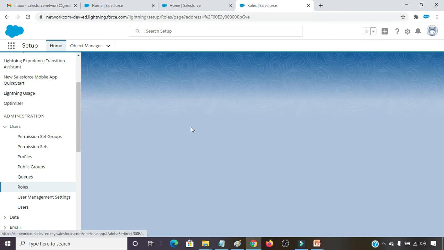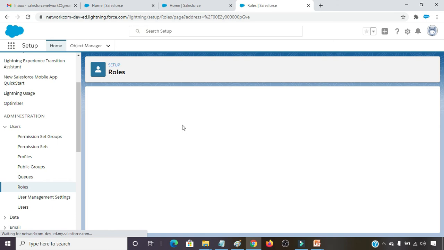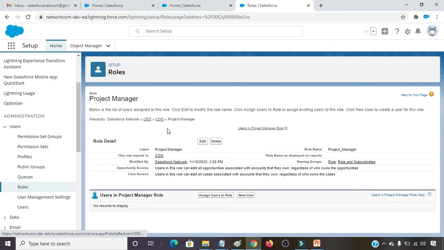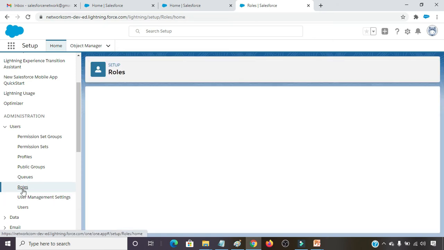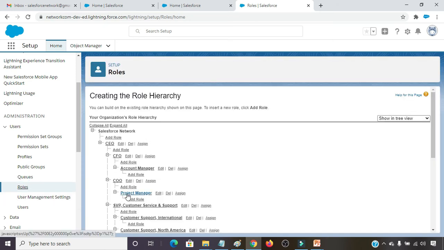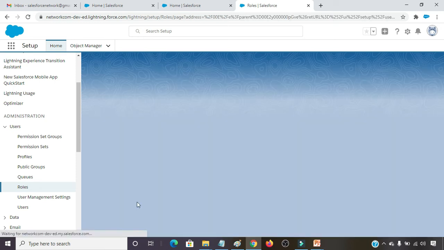Under project manager, I have to create one more role by the name team lead. Project manager is reporting to CEO. Again I am going to click on roles. Here we are seeing project manager, and under project manager we have to create team lead. So click on add role.